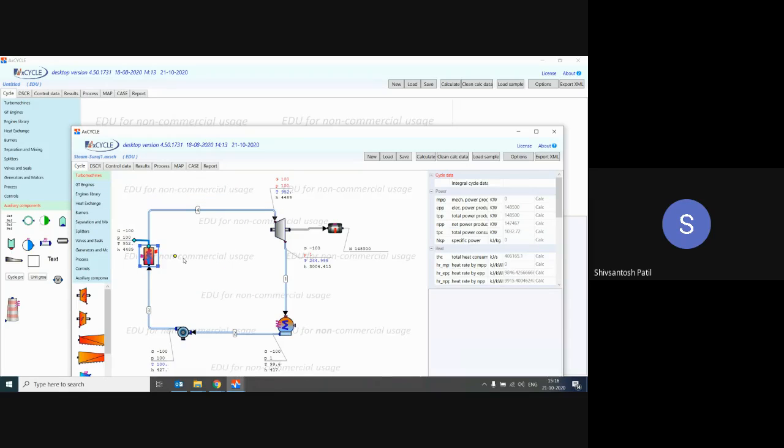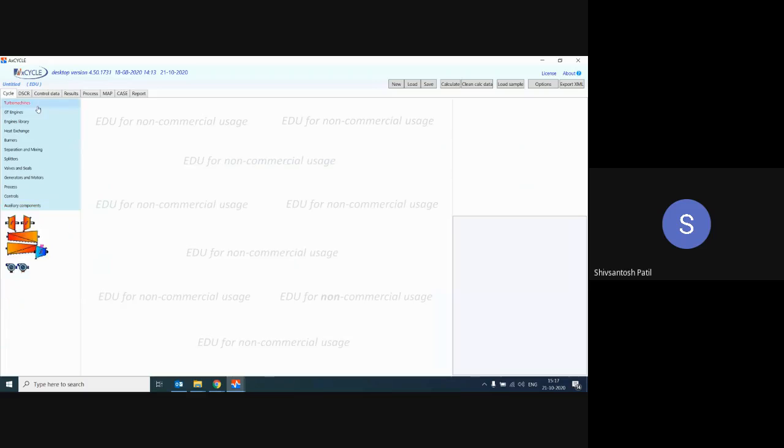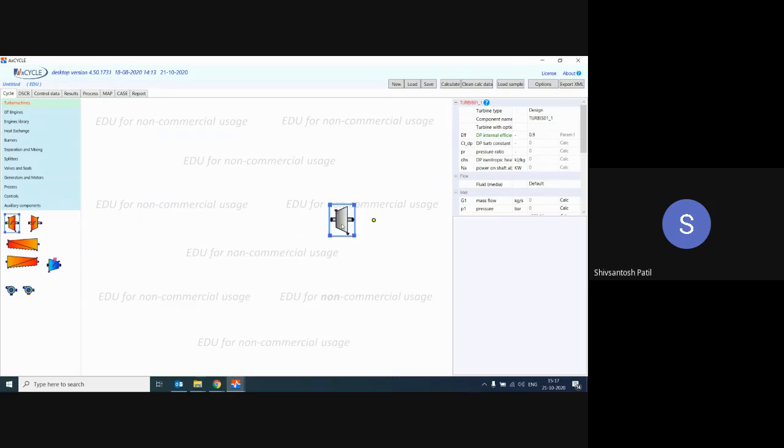This is the boiler. It's nothing but a type of heat exchanger, the turbine, then generator, condenser, and feed water pump. So for example, I'll go and add each and every element one by one. So for example, I want to add a turbine. Go to the turbo machinery, add a turbine here. First element. Okay, everyone please add a turbine from the turbo machinery, the first element. You can see, you can go there, turbine with the options has been given. Okay, go to the turbine,